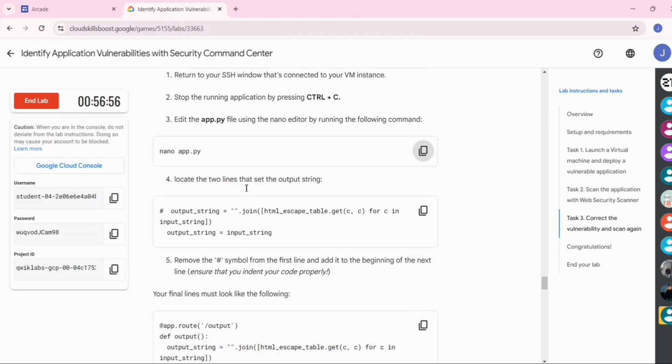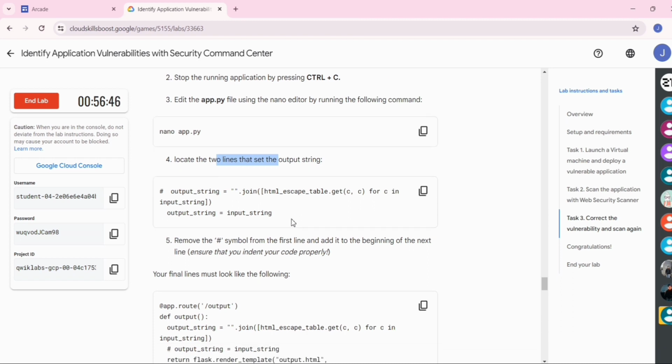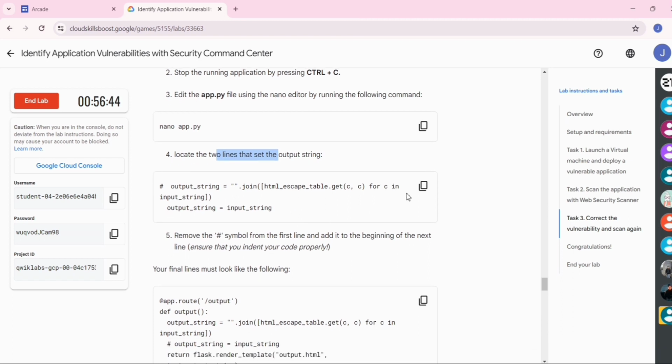Now go back to the lab instruction. Now you have to locate the 2 lines that set the output string. For that, copy this.